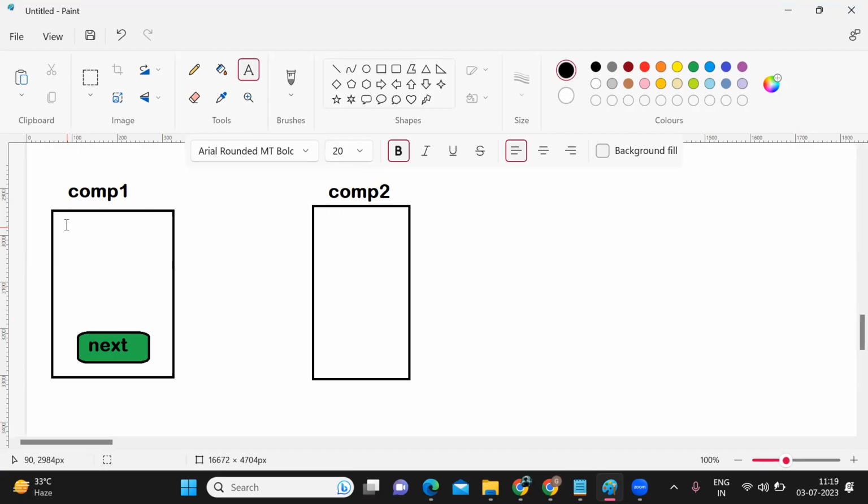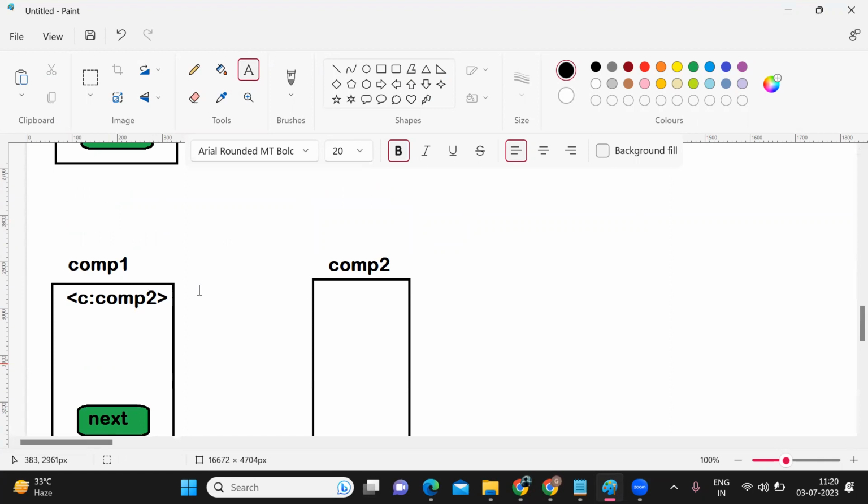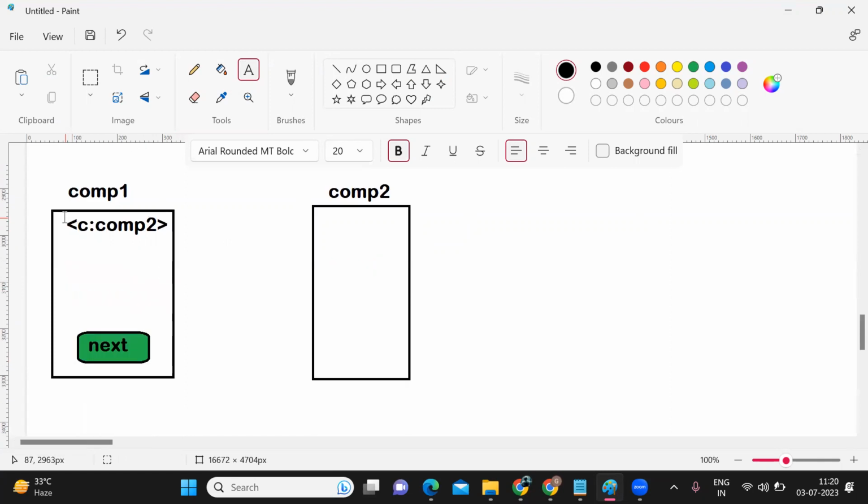So what can we do? We have to write simple code to call component 2. We can easily call it with c dot component 2. On click of the next button, we can display the component 2 UI. So that time the URL will not change. If the URL does not change, it will not take too much time. Directly it will display the